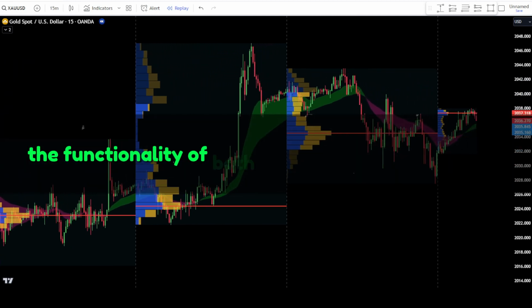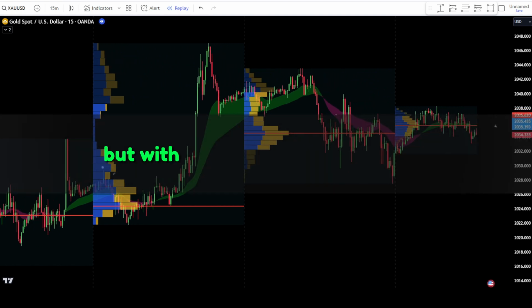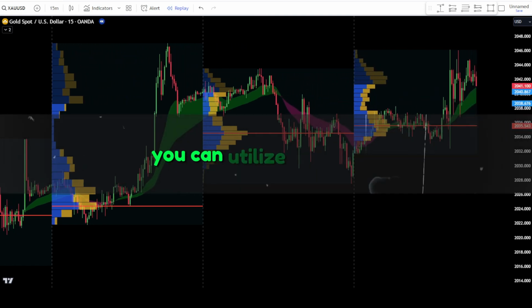The functionality of both systems is almost identical, but with fixed range volume profile, you can utilize it for free,